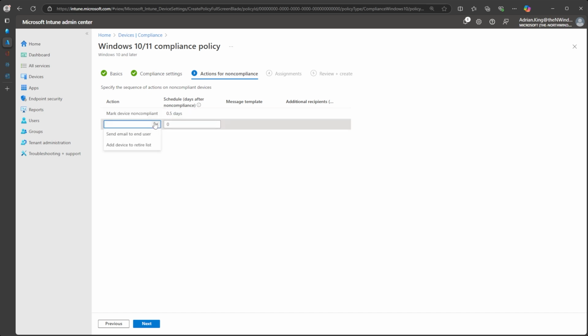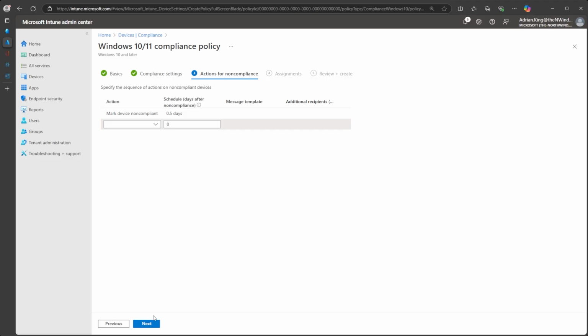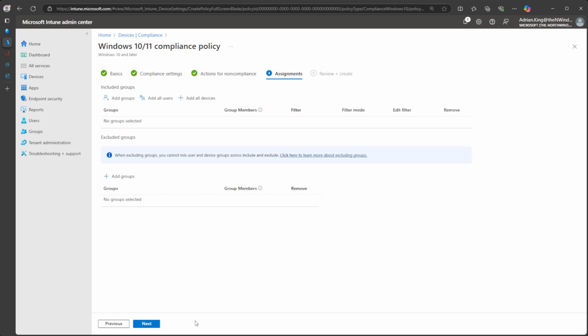Other options are available here, such as actually emailing the user or automatically adding it to a device retire list. I'm not going to go and configure those, but you could theoretically send an email to the end user first before marking the device as non-compliant. I'm happy with a 0.5 days after non-compliance, so I'm going to go ahead into assignments and I'm going to